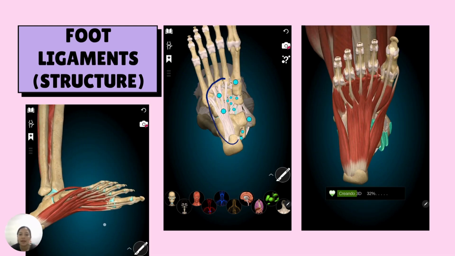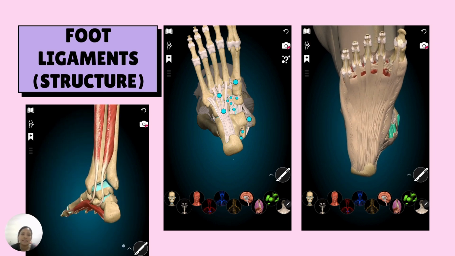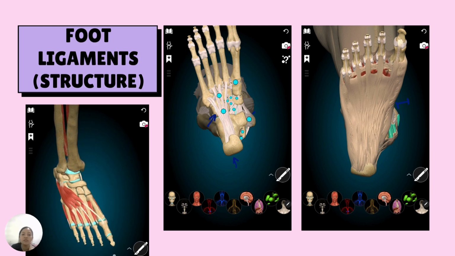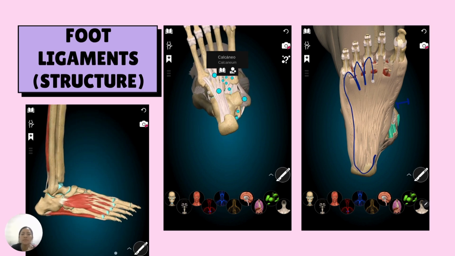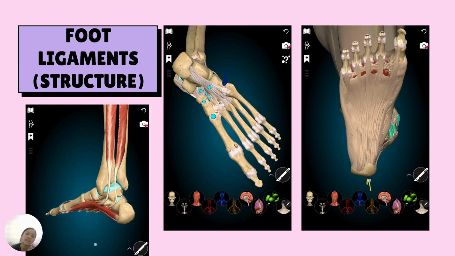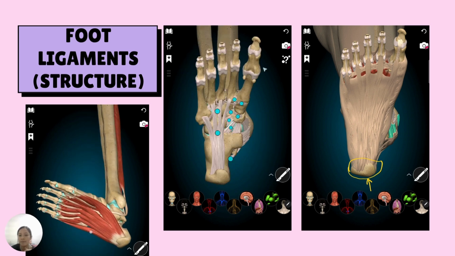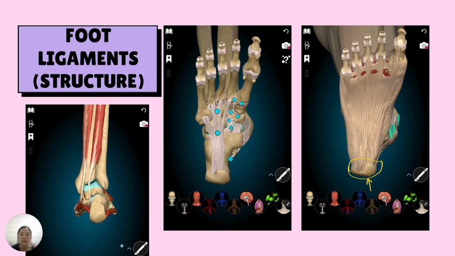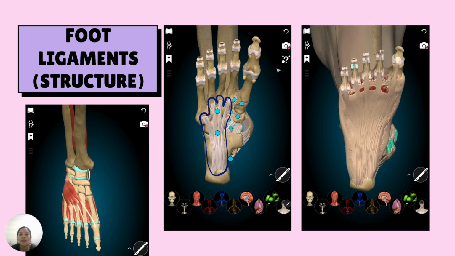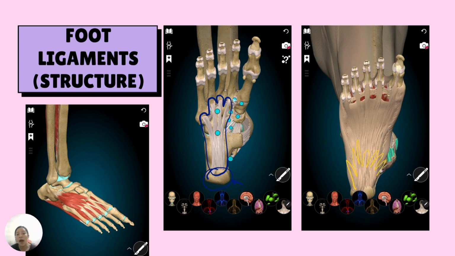The first is the short plantar ligament that connects the calcaneus to the cuboid bone, in front of which is a groove for the peroneus longus tendon, that allows us to walk and also swim. Next is the long plantar ligament, which also starts in the calcaneus and extends all the way to the bases of the third and fourth metatarsals. And the last one, it arches over the peroneus longus tendon and helps to maintain the foot's structure and the arch. Lastly, we have the